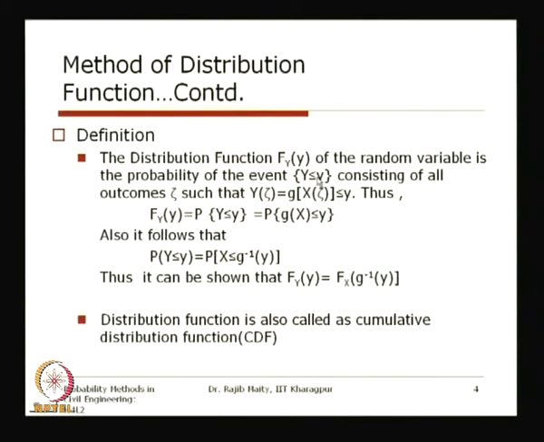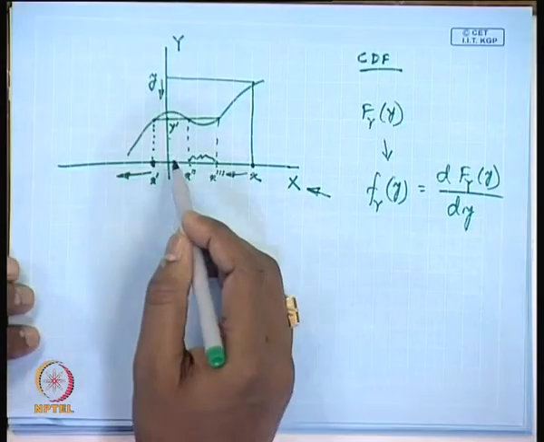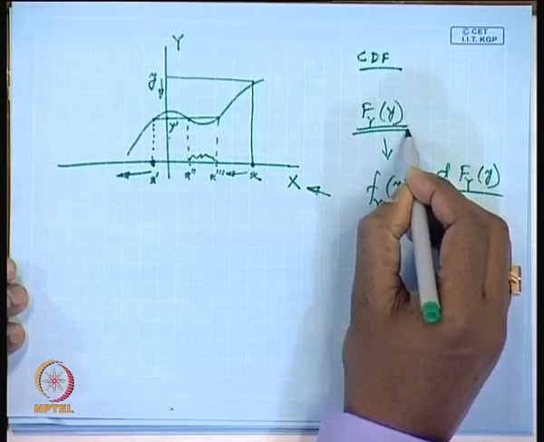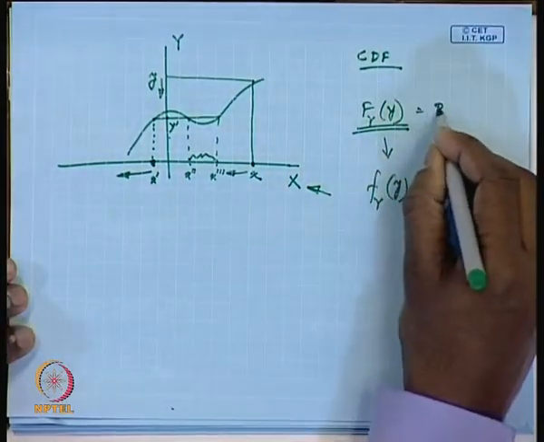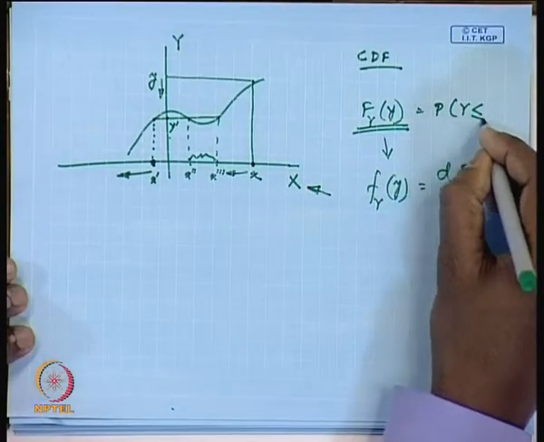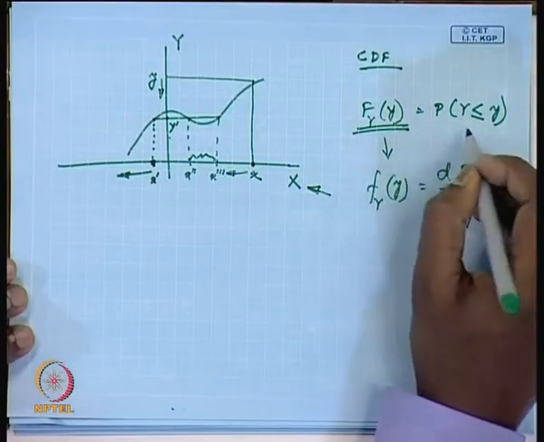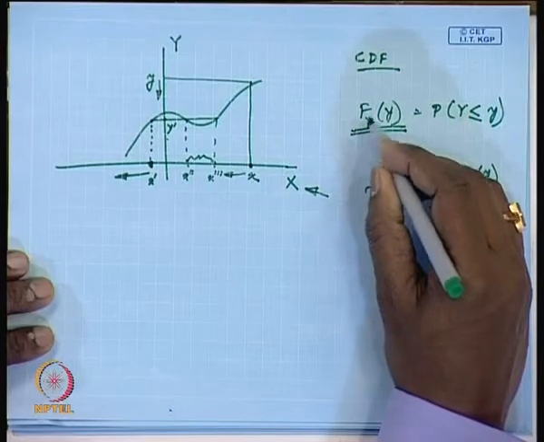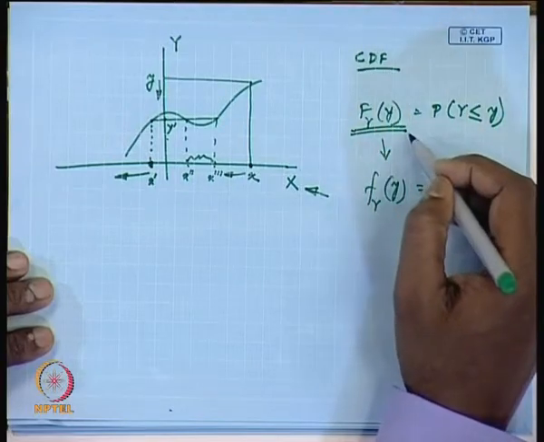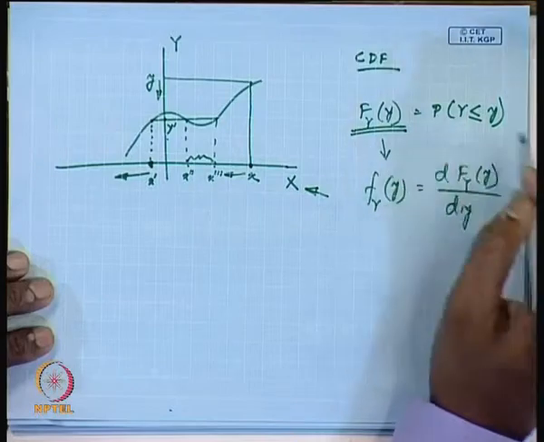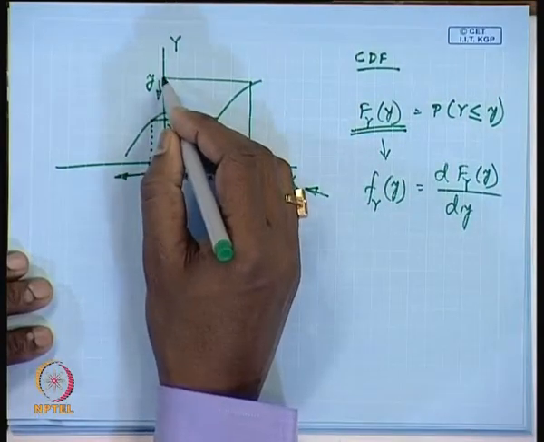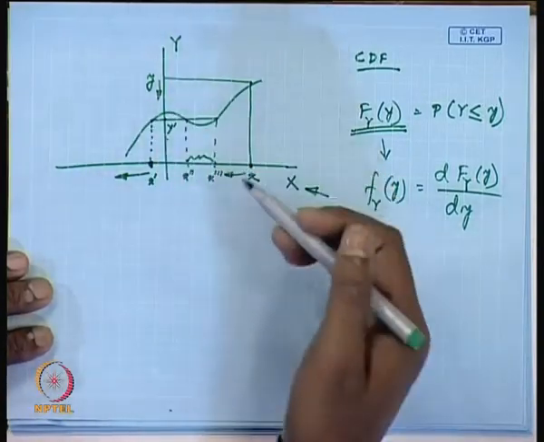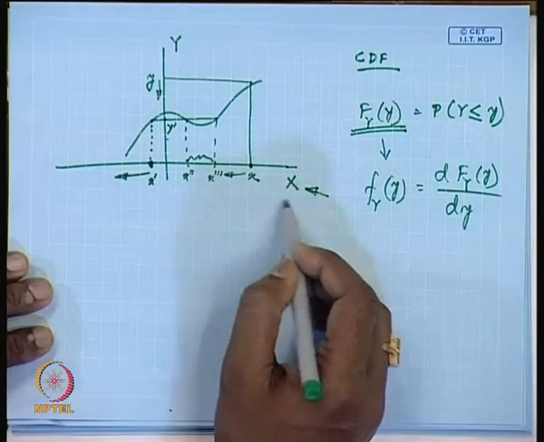Now, referring to the figure that I just drew, F_Y(y) is nothing but the probability of the random variable Y being less than or equal to a particular value y. This is from the basic definition of the cumulative distribution function that we discussed in earlier classes. For some specific value y, I have to find this probability. What is known to us are the properties of X, so I have to relate it to this random variable which is known to us.